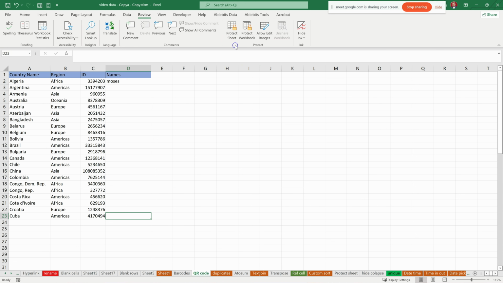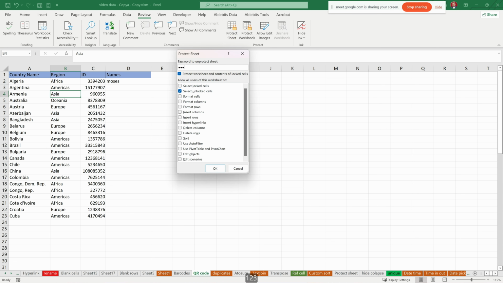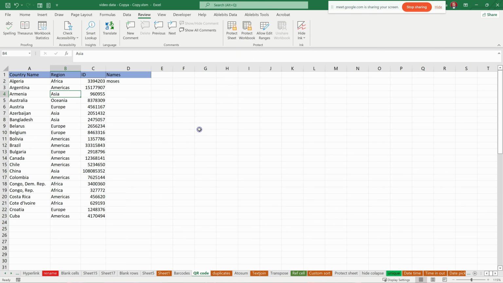So you can just go ahead and unprotect it. By there, you can see you have all the options that you can use to either limit or restrict. You can restrict them or make them open, like selecting the locked cells, formatting the columns, rows, inserting columns. So you can fine tune your protection of that worksheet. So that was just a by the way anyway. So you have unprotected the sheet. If you want a certain place where you want people to interact with, where people can change anything,